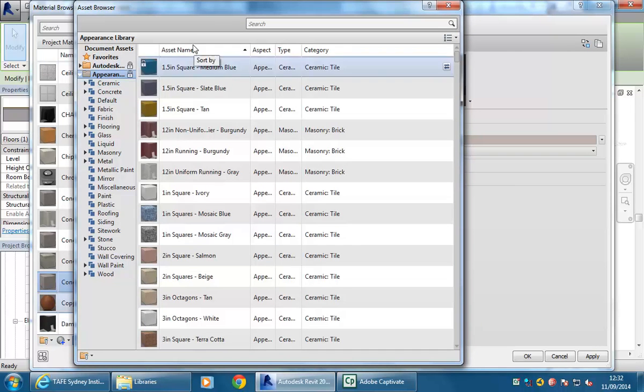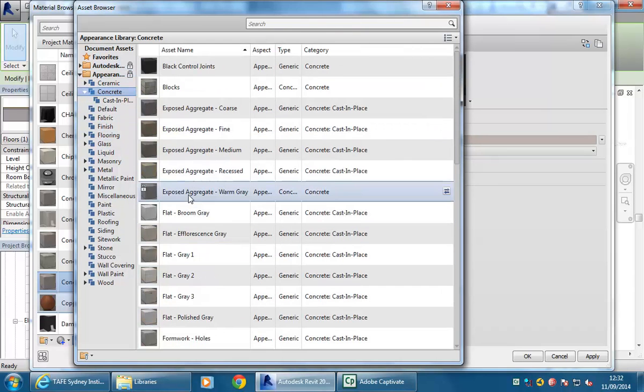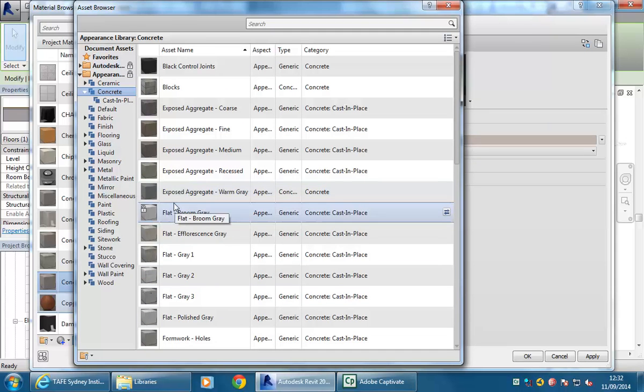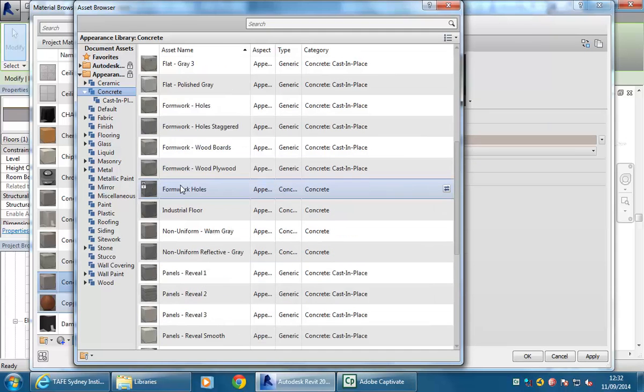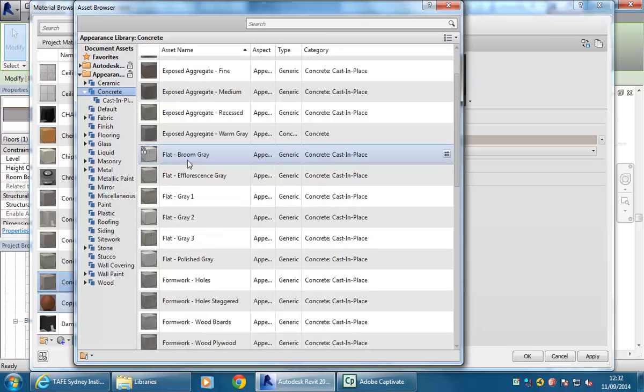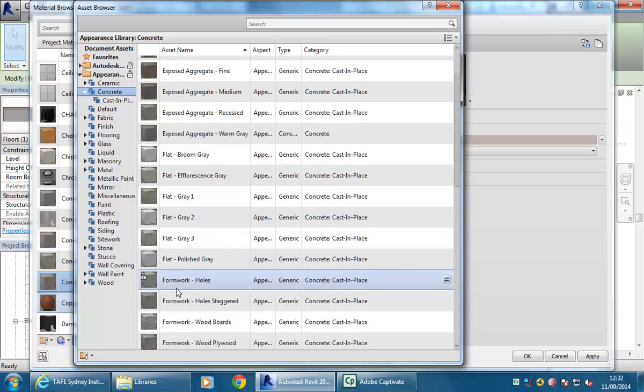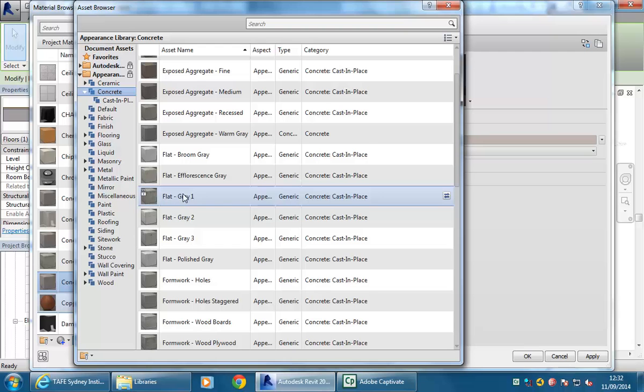The other assets that give you the full materials with the graphics set up as well, I don't think it gives you much, because you can set those things up yourself really easily, but this does give you a lot. So in concrete, there are some pretty good concrete materials, and one that I use all the time is the flat grey 1. So I'm going to double click on that,